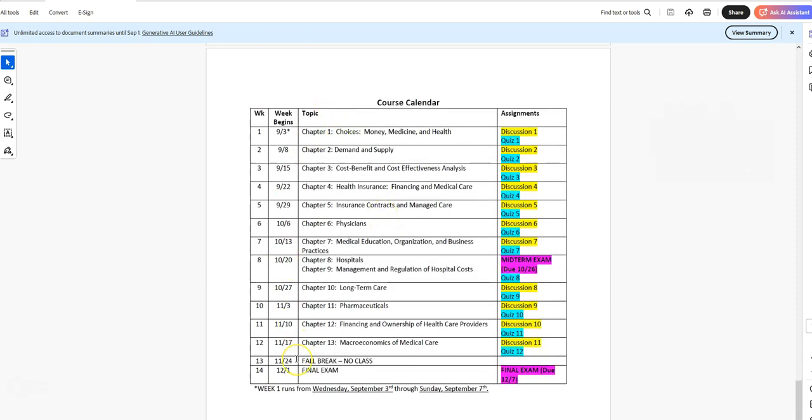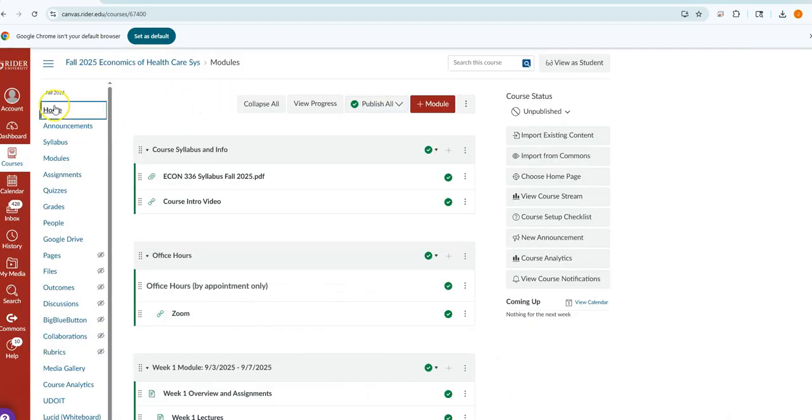Here's the course calendar. So as I mentioned, for the most part, weeks run through Monday through Sunday, with the exception being week 1 because of the start of the semester. And for each week, you're going to have a list of readings, lectures to view, which you'll find in Canvas, I'll show in a second, and then assignments. For the most part, the assignments are due by Sunday, but as I mentioned, one of the discussion posts is due by Wednesday. Okay. So let's go ahead and look in Canvas now.